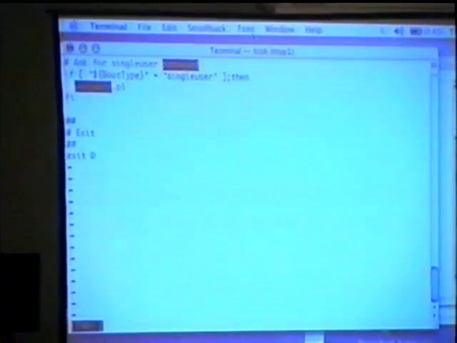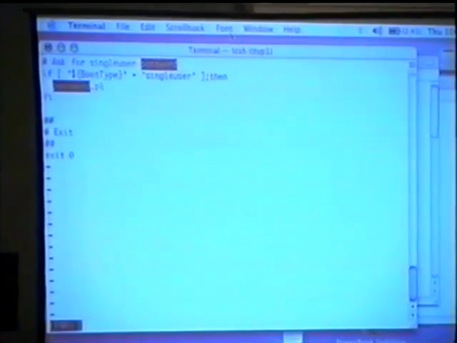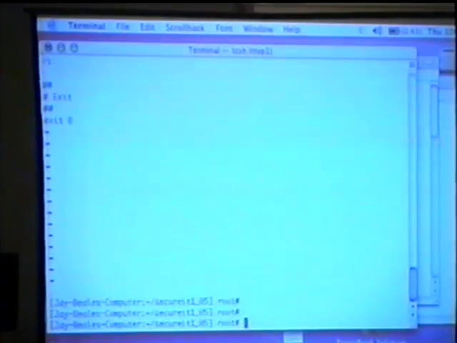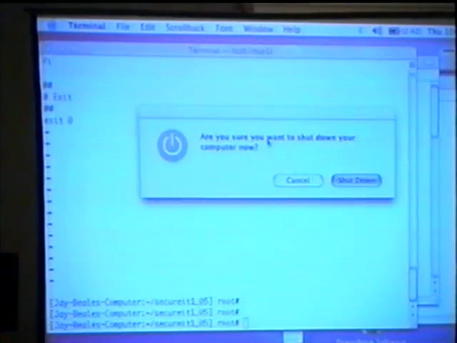Okay. So what that is, that's that little language. It just added a little to rc.boot. And rc.boot is the script that gives you root if you're going to single user mode. This script gets run, and if you're going into single user mode, this is the one that gives you root. So what he's done is just changed it so that if we reboot the system, and this time I'll use shutdown.